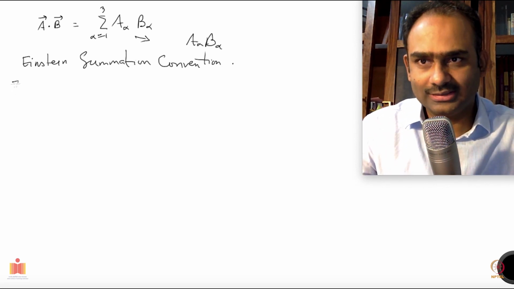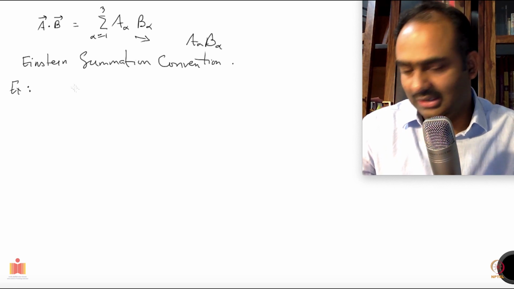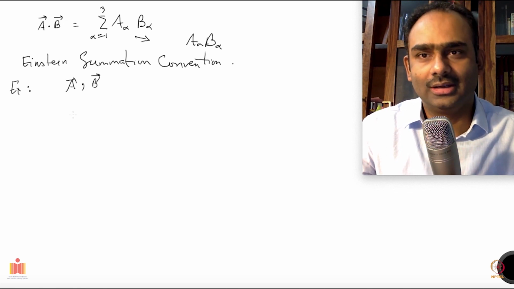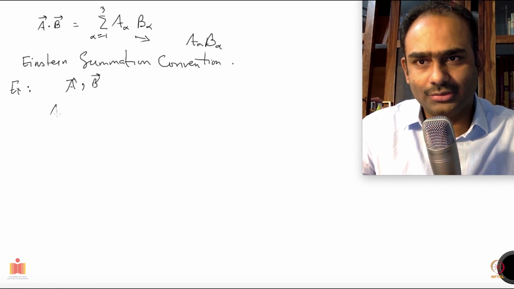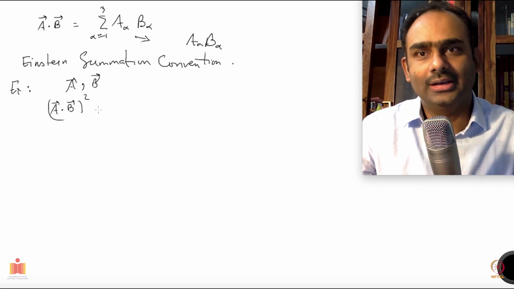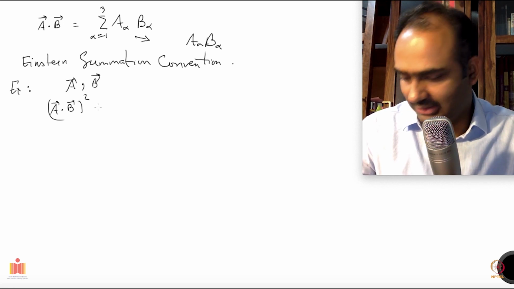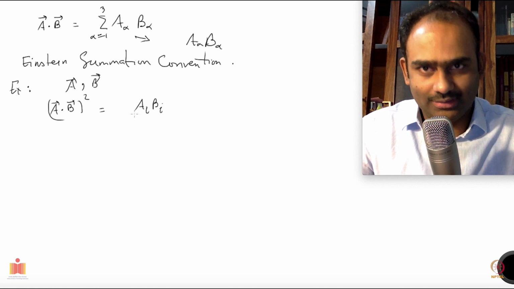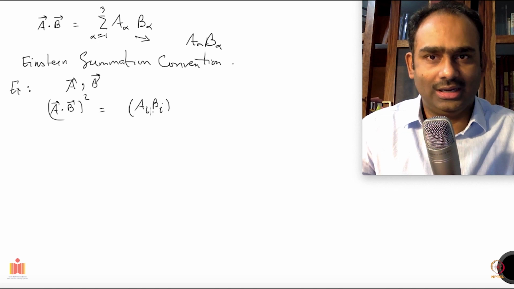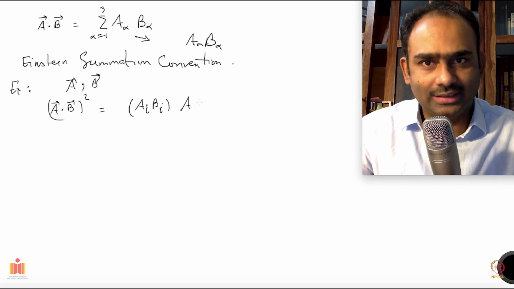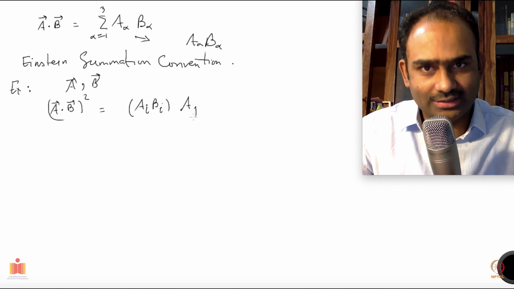Maybe I'll give you a simple exercise to do. Let's say you have two vectors a and b which are given to you, and if I ask you to write (a dot b) squared using Einstein summation convention, how would you write it? Okay, a dot b is a_i b_i. So I have the index i getting repeated twice. Now I have another a dot b still remaining because there is a square. I should write again a_j b_j.